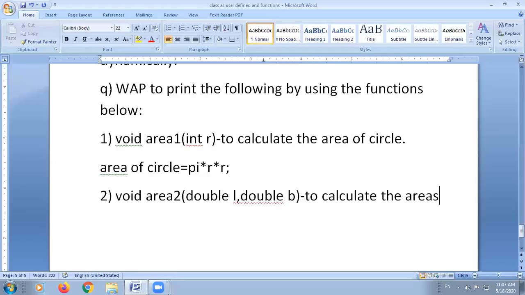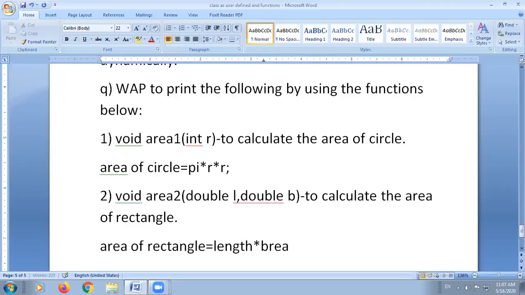To calculate the area of rectangle. If you are a math student, you can easily know the area of rectangle. Area of rectangle is length into breadth. Okay, so this is the area of rectangle that you will use in the function.